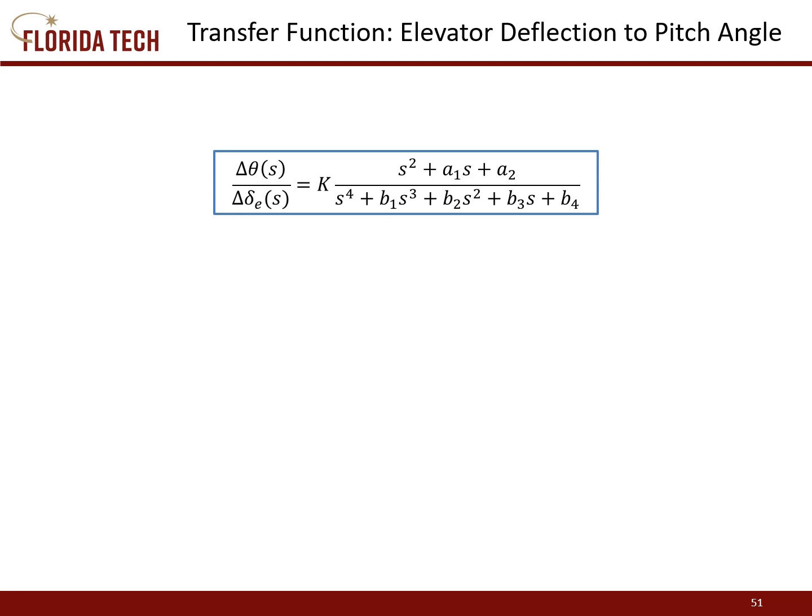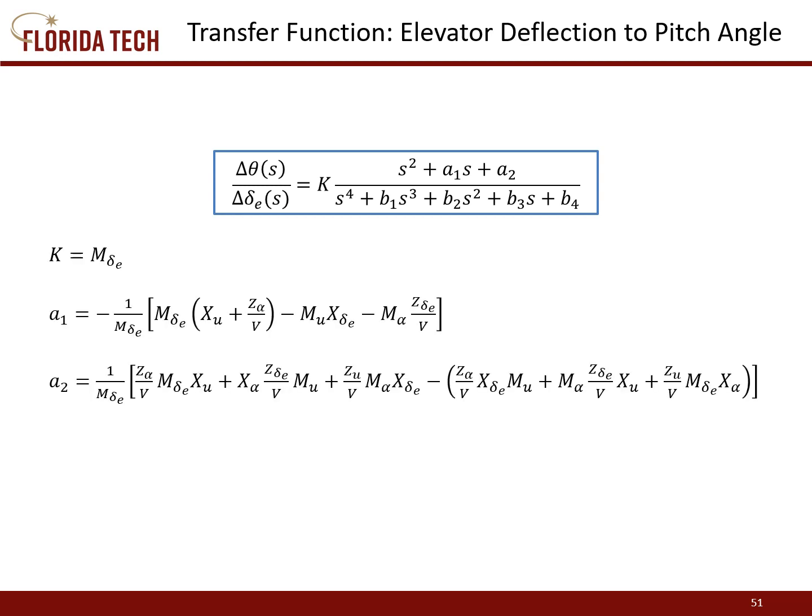And keeping everything in terms of generic variables from those determinants on the previous slide, we can solve that and come up with nice equations that are independent of which aircraft model we have. It'll always be this form of an equation, a second order polynomial over a fourth order polynomial, whether it's a Cessna, a Boeing 747, or whatever. Once we have these general equations, we then substitute in the specific stability and control derivatives and velocities and other information,